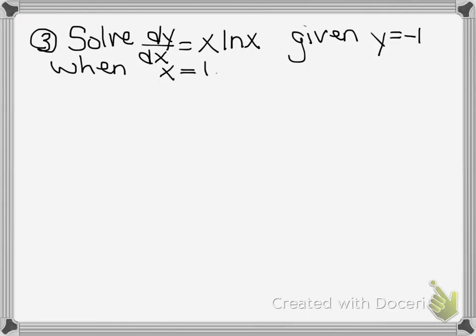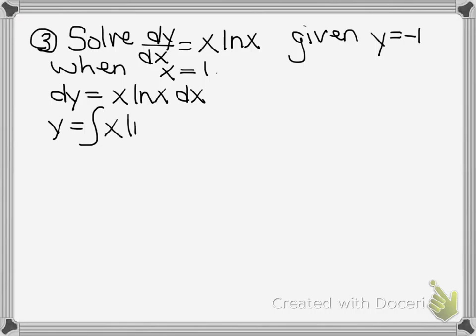All right, so basically, what does that mean? Well, we are solving for when dy equals x ln x dx, or of course, when we integrate both sides, y is going to equal the integral of